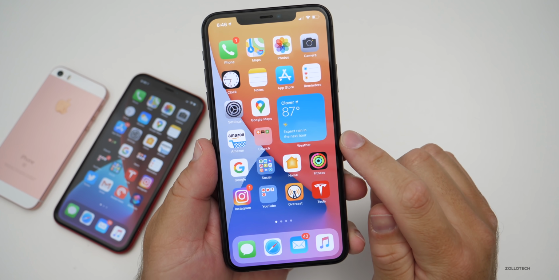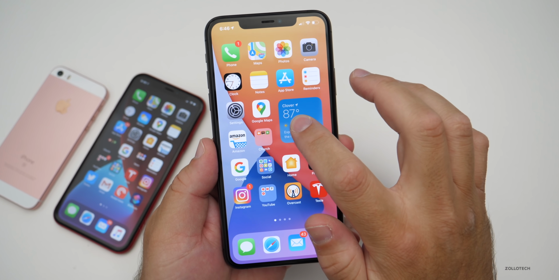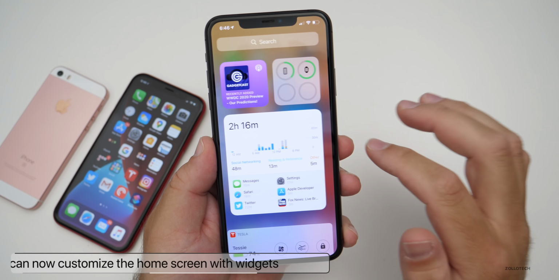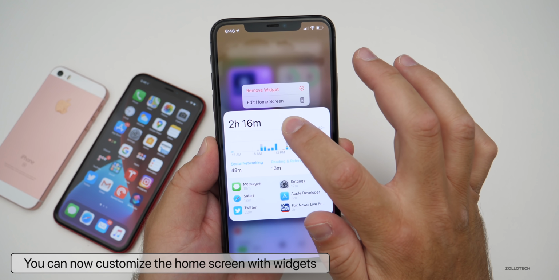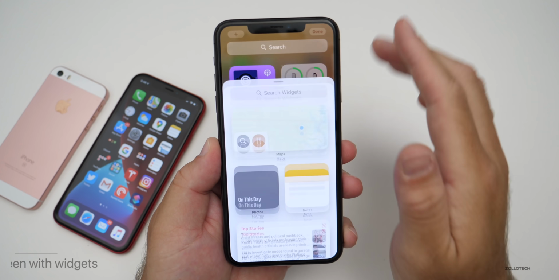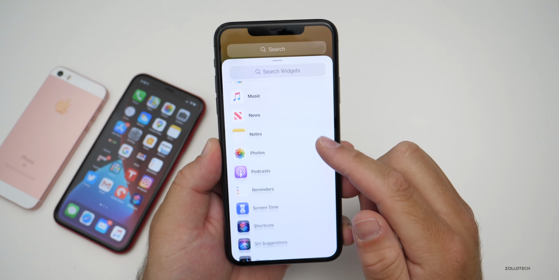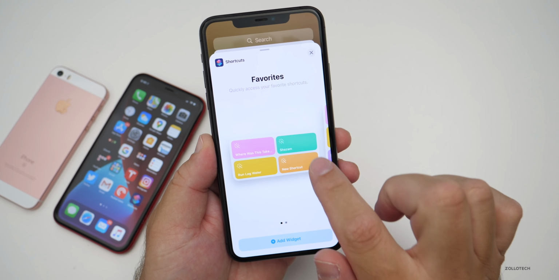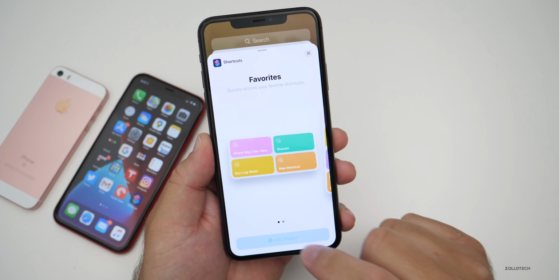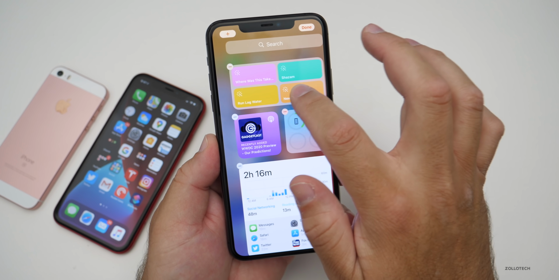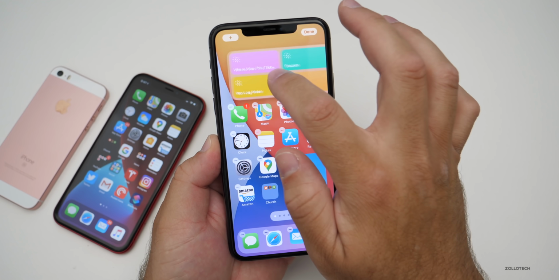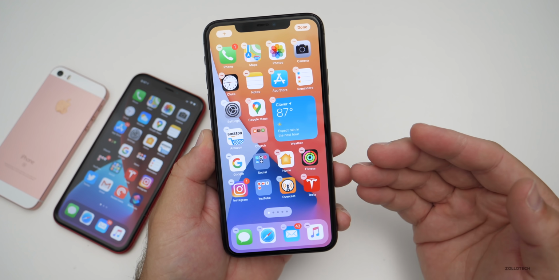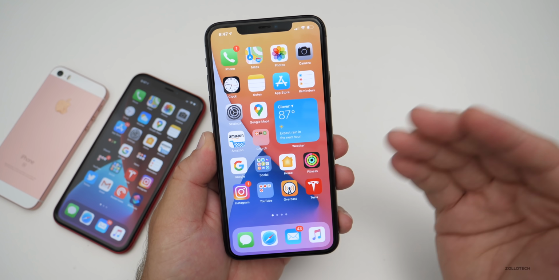And the first thing you may already notice is I have a large widget here for weather. So if I press and hold on this, I can edit the widget, and you'll see it just spins around and lets me select options for it. But if we go over to our widgets here, let's press and hold. We'll keep holding, and let's add a widget. Let's go to, maybe we want a widget for shortcuts. So we'll press shortcuts, and how do we want to add the widget to our home screen? We want it in this size or this size. I'll pick this one, and you'll see we have our widget, and then if I press and hold, I can drag it over to the home screen. I can get rid of it if I want, and everything goes back, and we have different options as well. So we finally have a way to actually edit that.